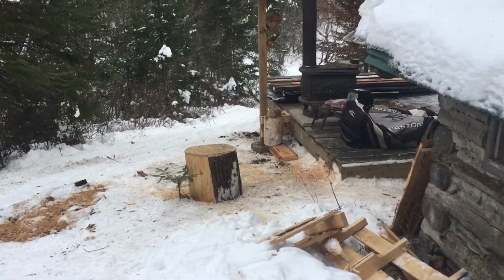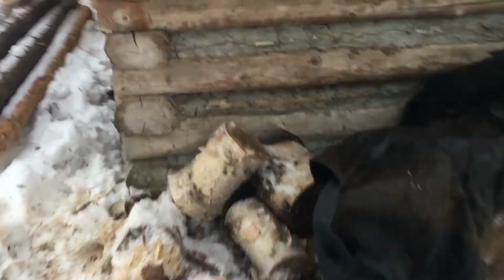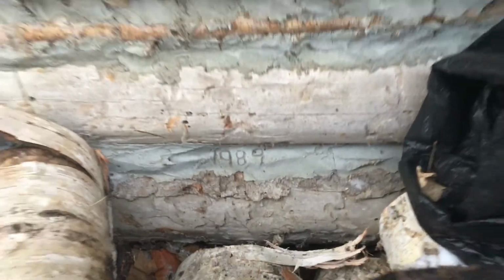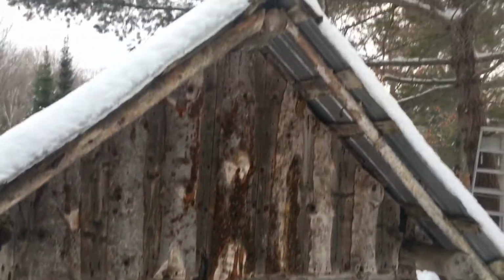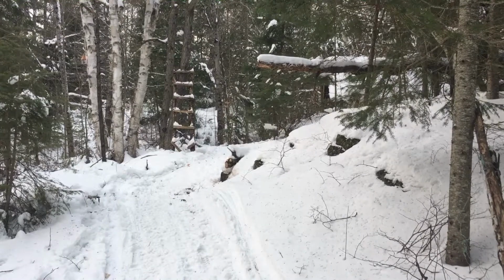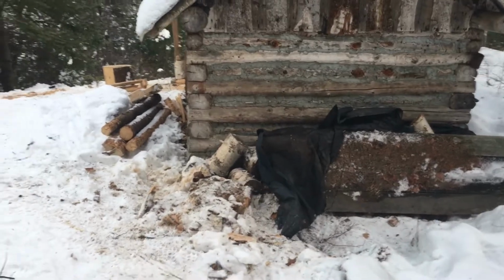I was just splitting some wood, fill the firebox in the cabin again, using this stuff behind the cabin. Got down in the pile and just found the date of the cabin, 1989. It also had the initials of the people that built the cabin. Different spot, but next time I come up, I think I'll bring a full Pelican tub full of my wood from home. This birch has seen better days. I think it's been here a few years,